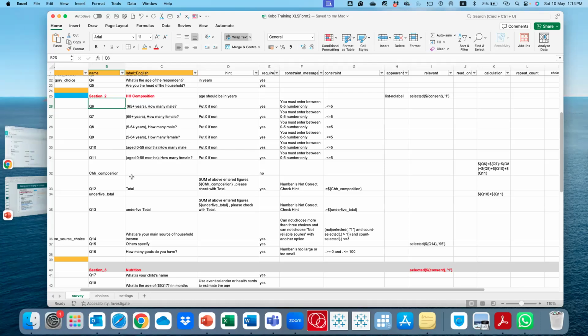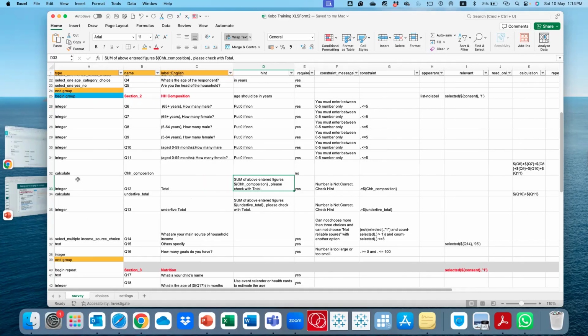All right, then you want to check this number. You may want to get the total number of household members, which is an integer. You may ask them, is this number correct, is this the number of your household members, right?